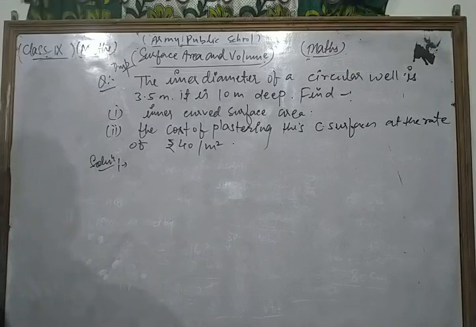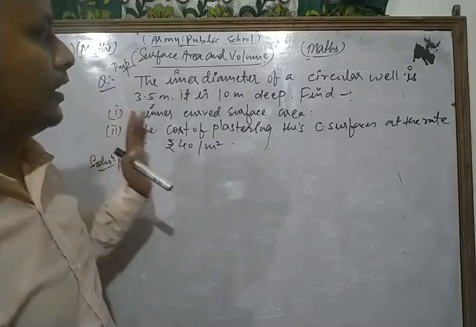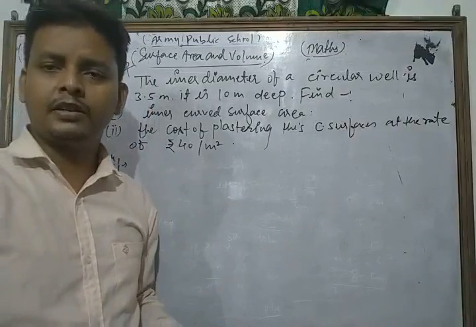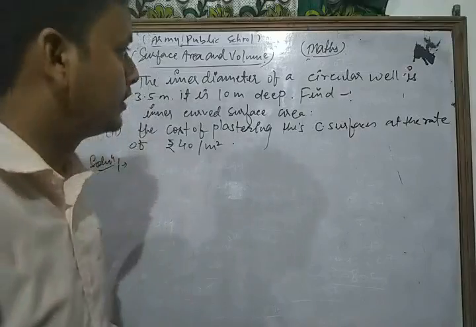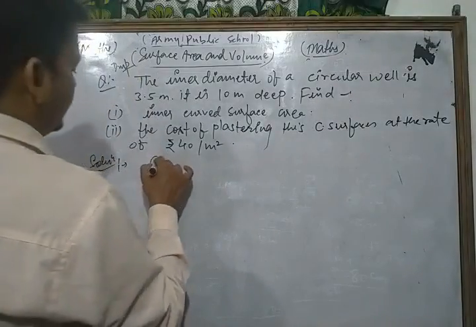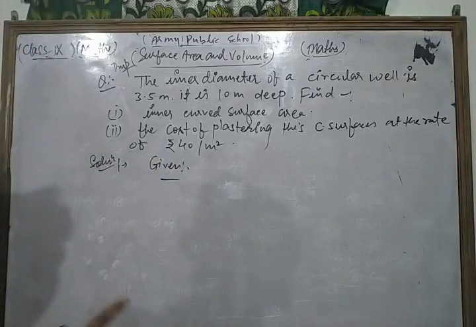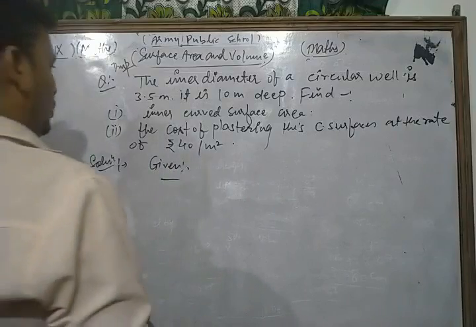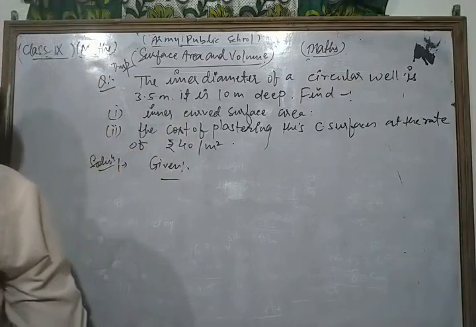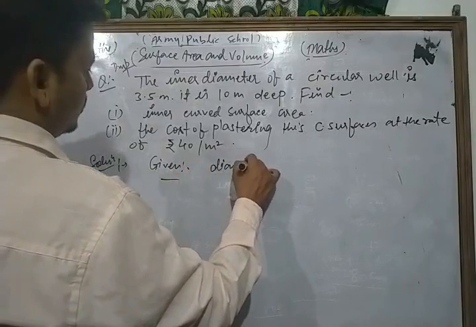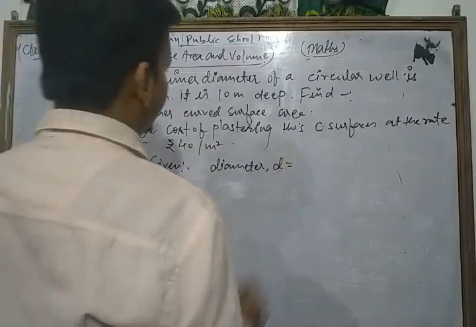Dear students, now this is also a very important question based on the NCERT exercise, and the topic is cylinder. Now look, first of all we write the given. What is the given? The inner diameter of a circular well is given, so the diameter D is given as 3.5 meter,